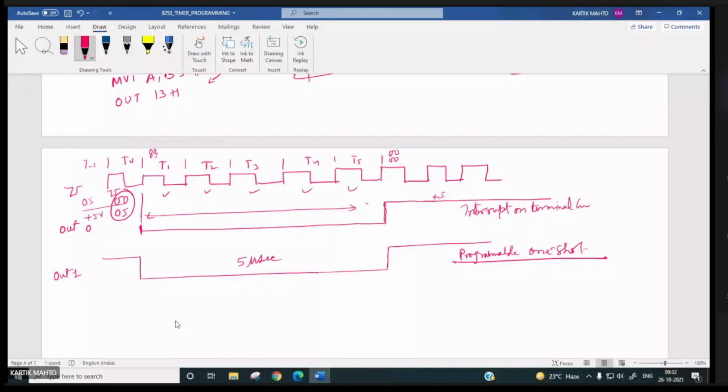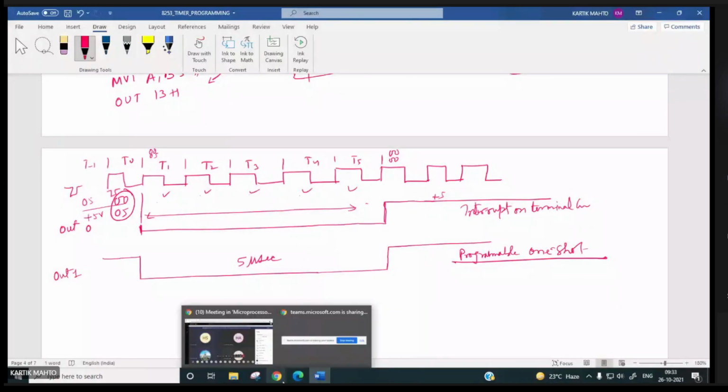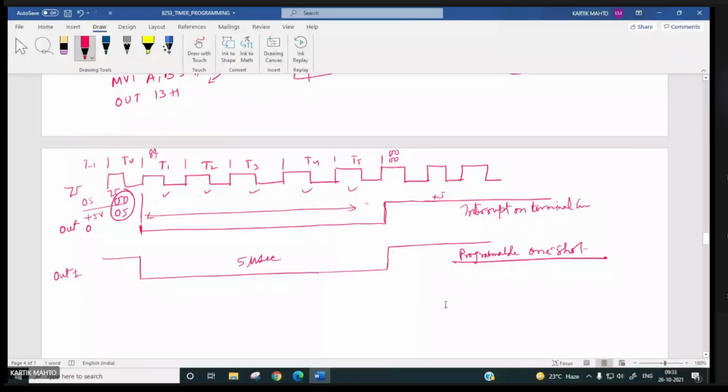Now, what is mode 2? What is mode 2? Rate generator, no? Rate generator.